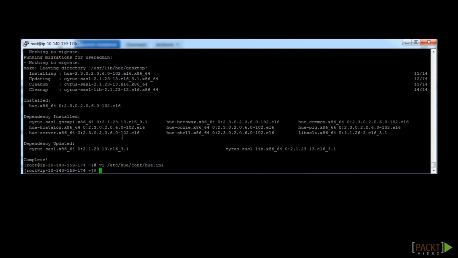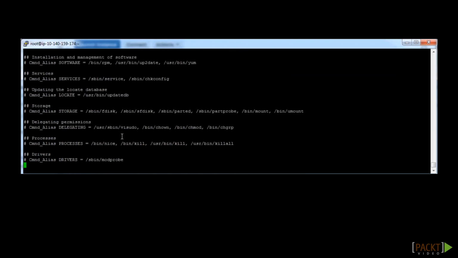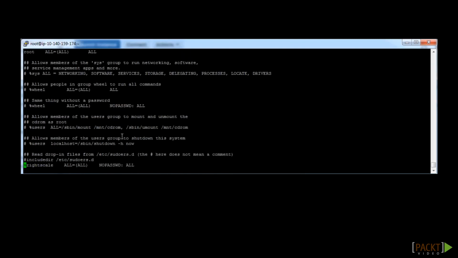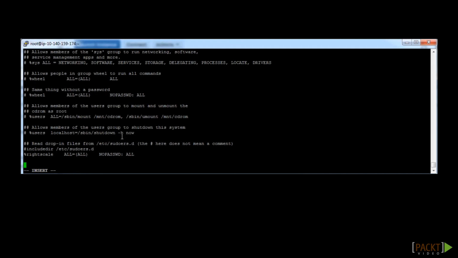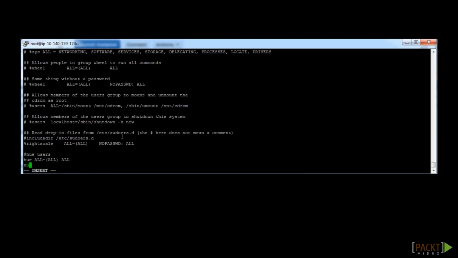Once we have configured the Hue ini file properly, let's complete our Hue setup by setting up the correct privileges. Type in the following command line: vi sudoers. This will allow us to access a sudoers file and give Hue access. Next, add in the following lines by copying first, going to the end of the file, pressing the O button, and then typing in the following for the Hue users. Hue ALL=(ALL) ALL, Hue ALL=(ALL) NOPASSWD: